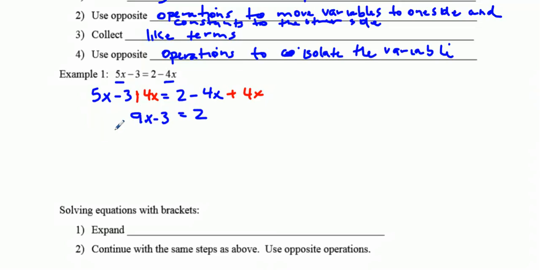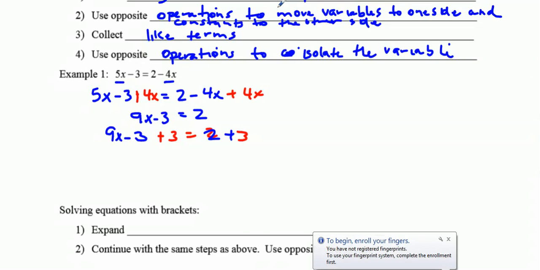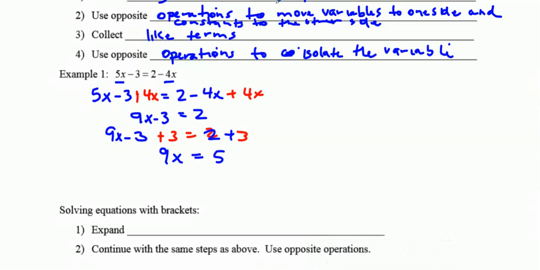Let's see. So this is going to be 9x minus 3 plus 3 equals 2 plus 3. I'm trying to be so fancy with the colors. Okay, so I added 3 to both sides. All right, so then we're going to have 9x equals 5. And now I'm going to try and get rid of the 9 that's being multiplied by the x